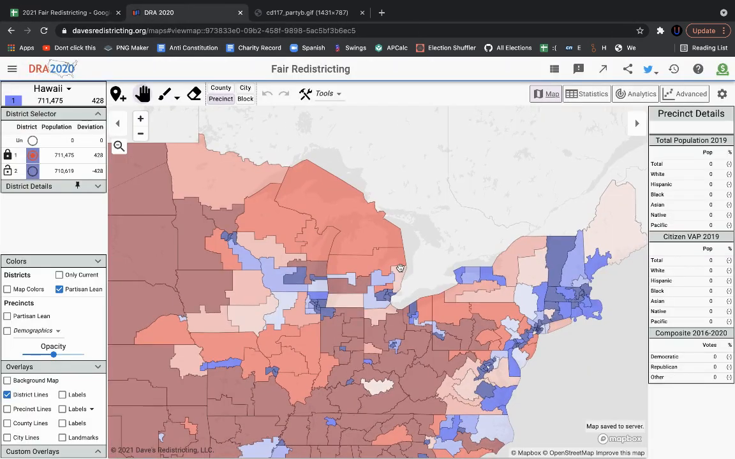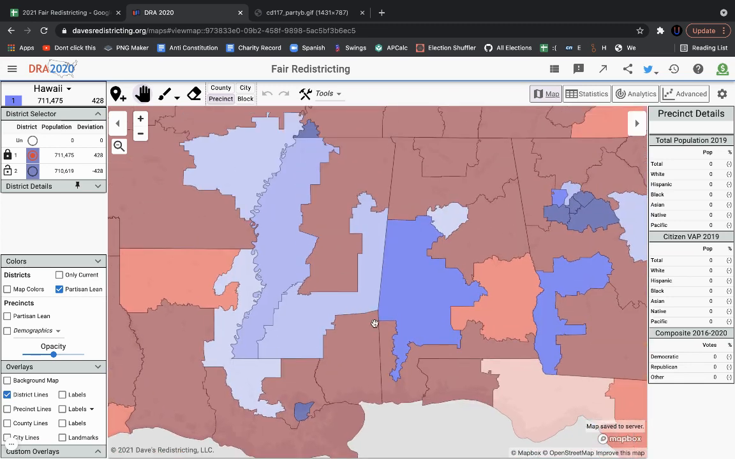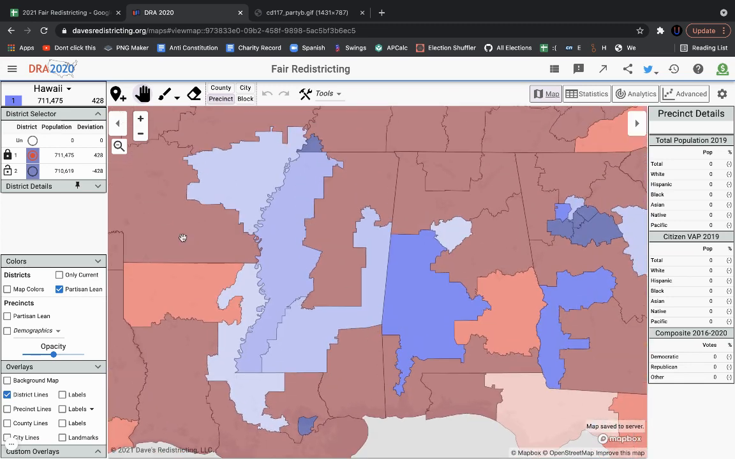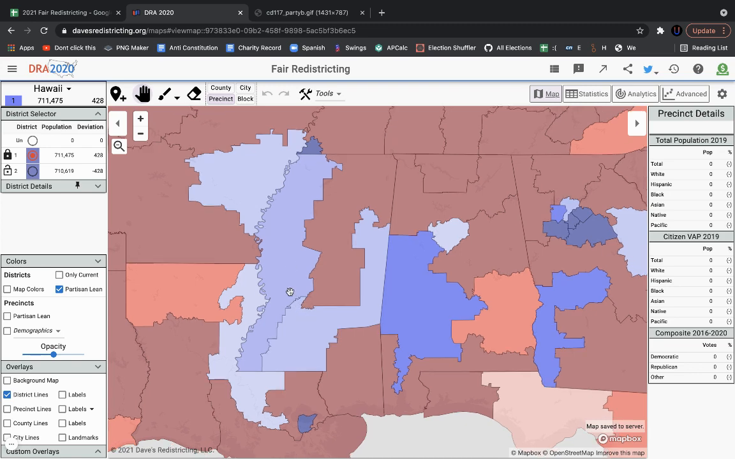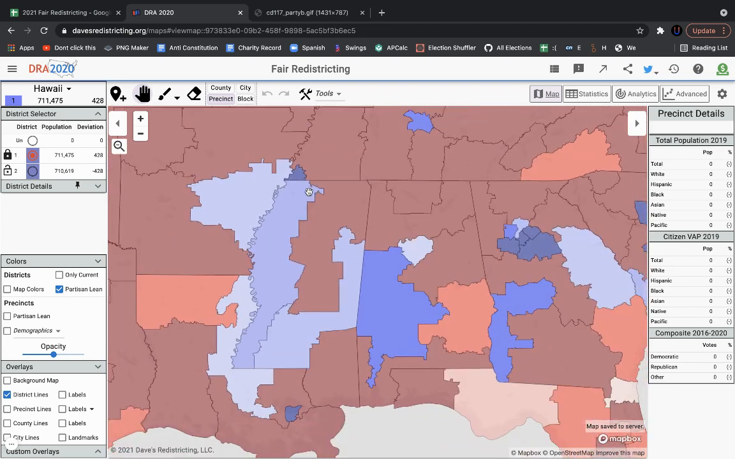Mississippi is currently a 1-3 map. This is a controversial one. I did draw a 2-2 map where actually I think neither of these districts is VRA compliant. I think this one's like 48% black. This one's like 45% black. So it's not a great map, but I still think it's better than what the current one is,